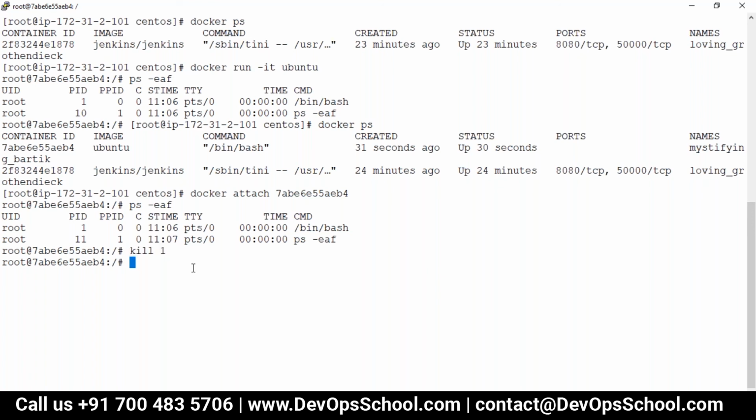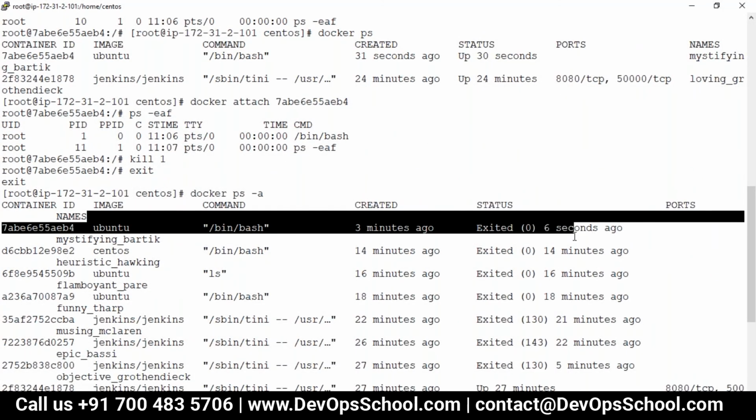So what I'm going to do, I'm killing not PID1. I am killing bin bash indirectly. And the moment I kill bin bash, PID1 automatically gets killed. So here I will type exit. You know that exit means what? Exit will kill that bin bash current session. And when bin bash gets killed, PID1 gets killed, and the container will exit. And that is what happened now. You see here, it got exited.